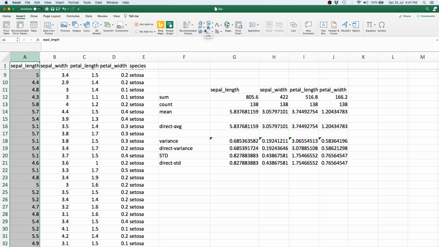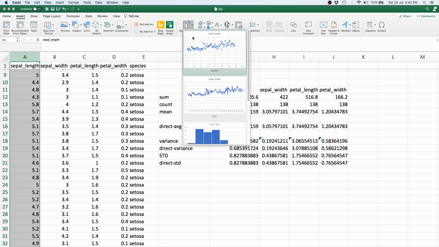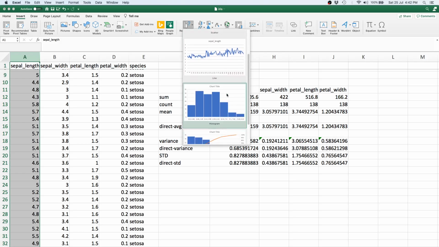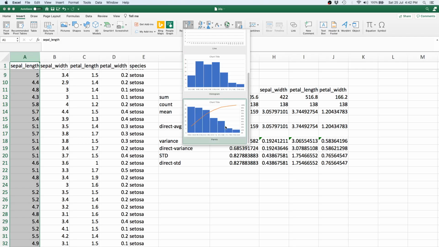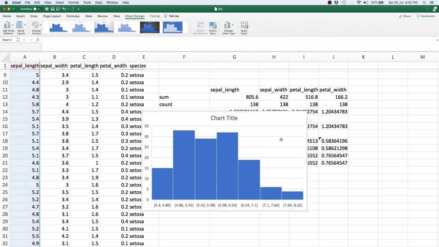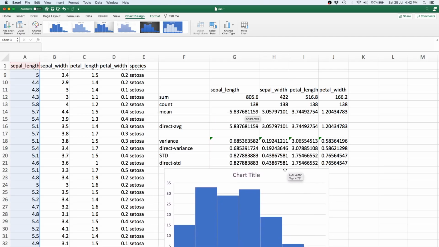Now the chart that we are looking at is a statistical chart, but let's also take a look at what Excel recommends. So this is a button for recommended charts, and you see that it's basically going to give us a bunch of scatter plots, it's going to give us histograms, it's going to give us Pareto distributions. So obviously we want histograms. So let's click on histograms and there it is. That's basically the histogram of sepal length. Let's just move it a little outside so that we can still see everything that's already there.